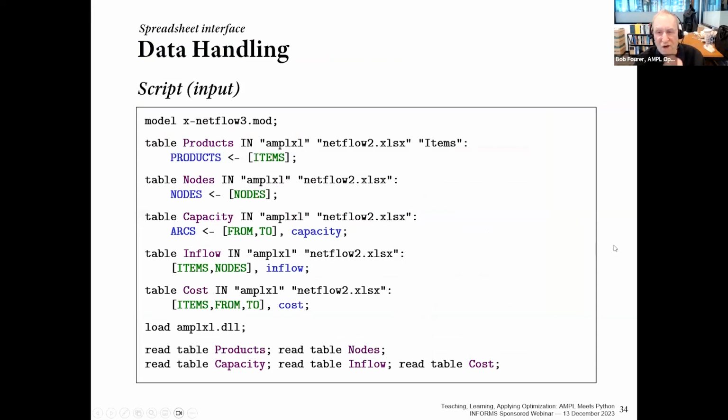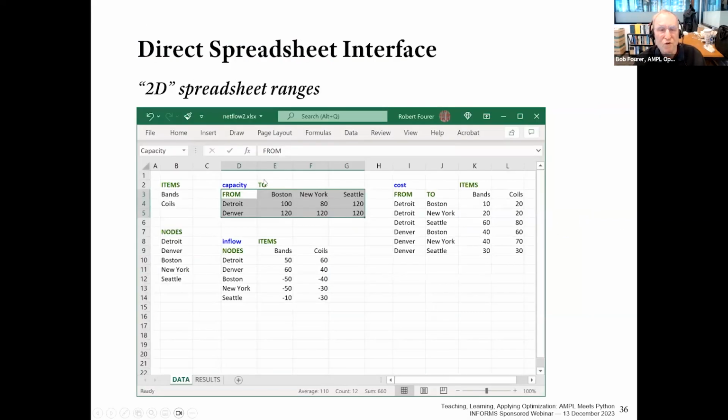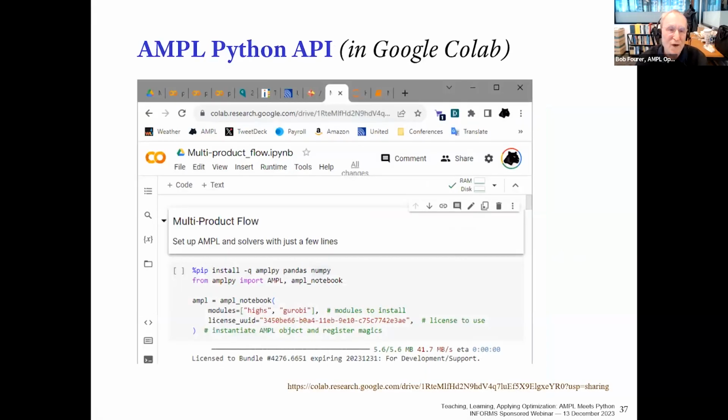And the only thing that I want to point out here is that we made it so that if you added an extra 2D to these, it would read two-dimensional tables. And this is a much more natural way to show shipments from and to. And now you can have these kinds of tables, and they're supported just along with the old one-dimensional tables. And then I'll conclude by saying that